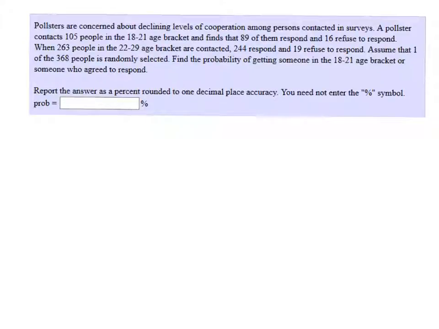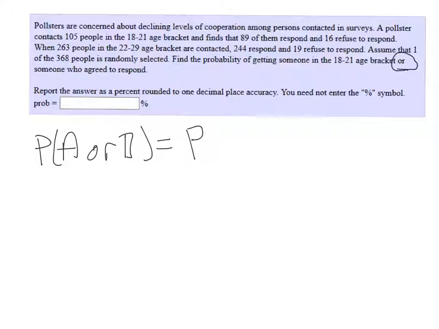So this exercise asks us to use the general probability rule, the general addition rule. What the general addition rule says is, what's the probability of event A happening or event B happening? And the reason I know it's an "or" is because that "or" right there, it's kind of hidden. Now, the general rule says, because this is an "or" probability, we're basically going to add the two probabilities, the probability of event A plus the probability of event B